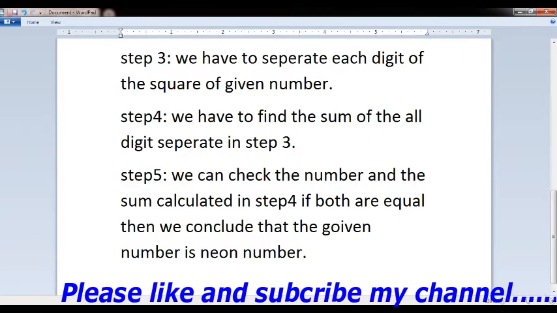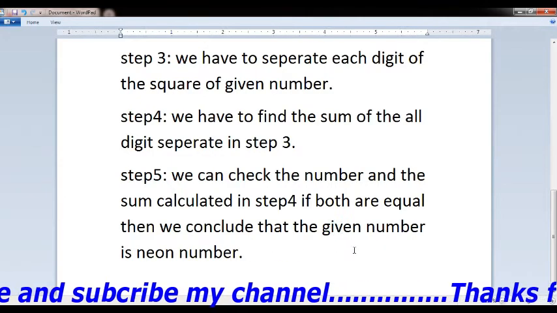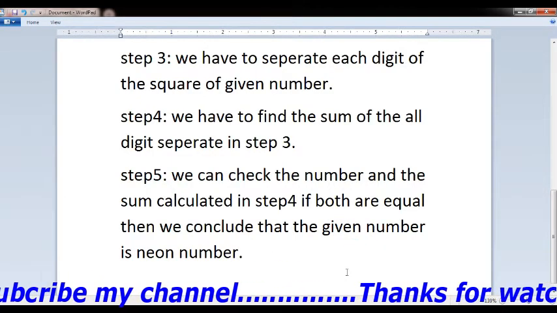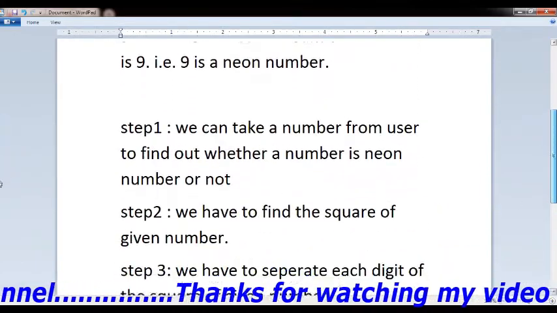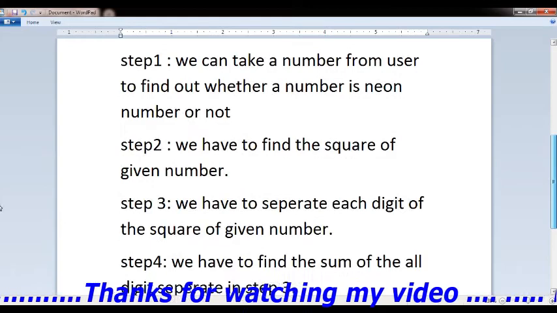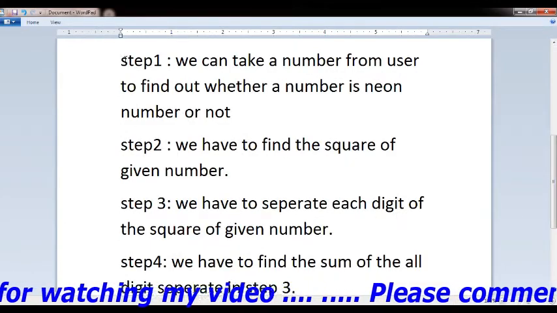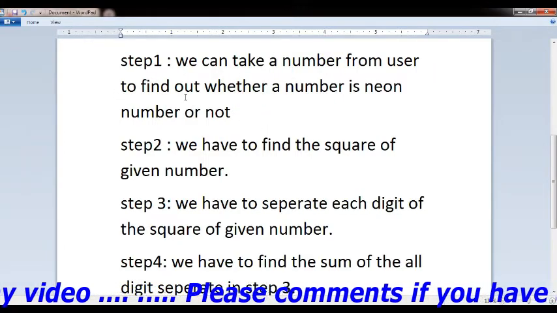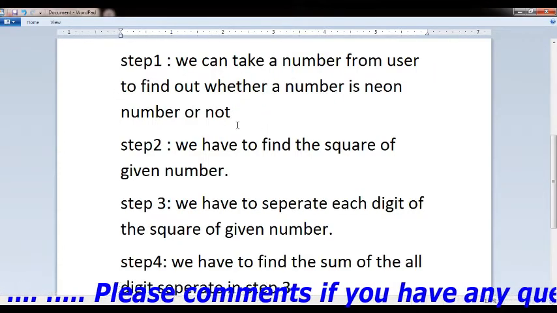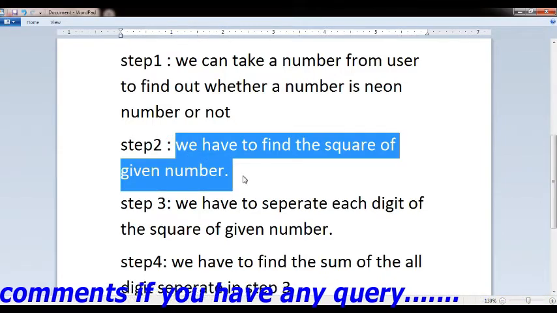Here first we go through all the steps, then after understanding the process we can go to the program, so that you can easily understand what is going on in the program execution. Step 1, we take a number from the user to find out whether it is a neon number or not. In the second step, we find the square of the given number.